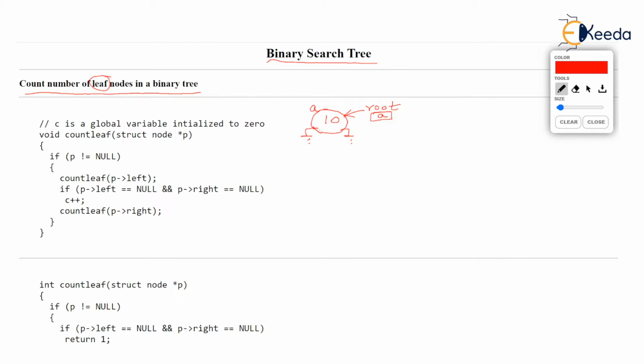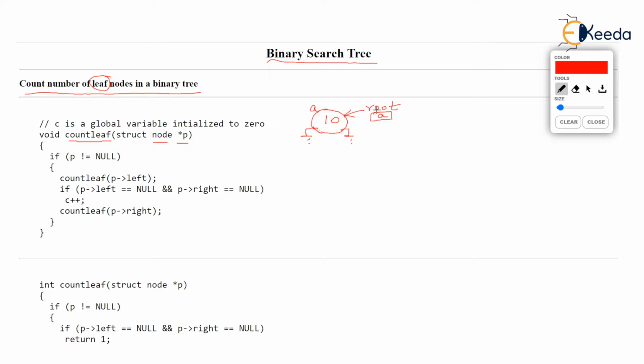Observe the recursive function defined below. It is named countLeaf, and it is taking a pointer called p as a parameter to a node of the tree. Now this p initially is going to be the root pointer, which stores the address of the topmost node.